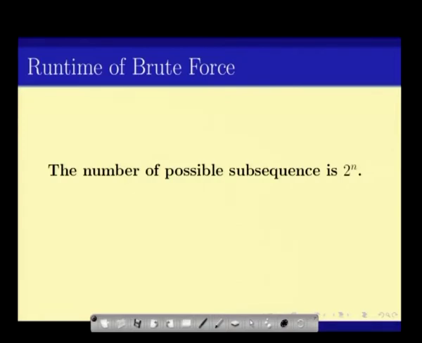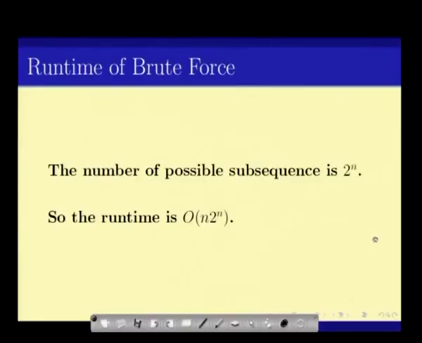So, under any such combination of can be picked and not be picked, you would get a subsequence. So, the total number of possible subsequences is 2 to the power n. For each of these subsequences, we will be taking in the worst case around n steps to check if it is increasing, and in that case the total run time or the number of steps required is around order n